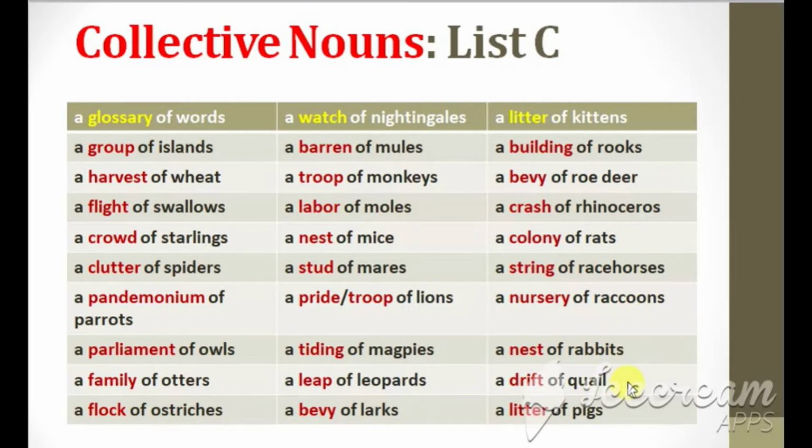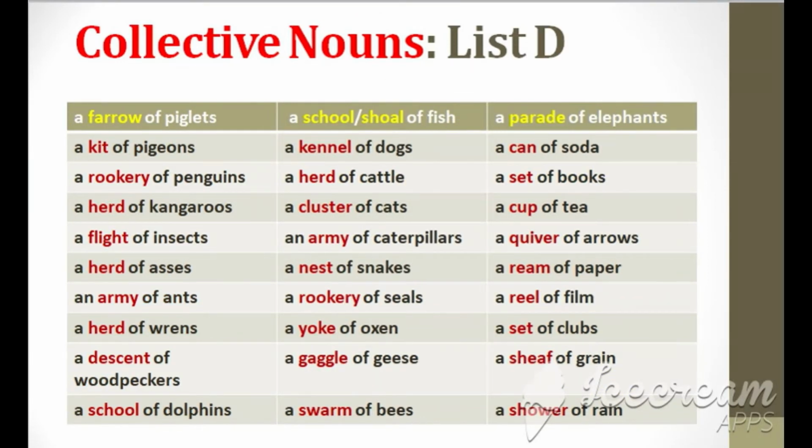of quail, a litter of pigs, a farrow of piglets, a kit of pigeons, a rookery of penguins, a herd of kangaroos, a flight of insects, a herd of asses, an army of ants, a herd of wrens, a descent of woodpeckers, a school of dolphins, a school of fish, or a shoal of fish, a kennel of dogs,